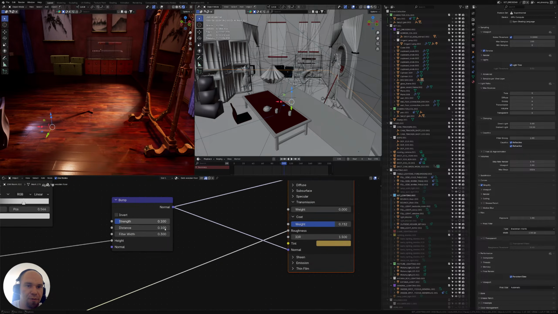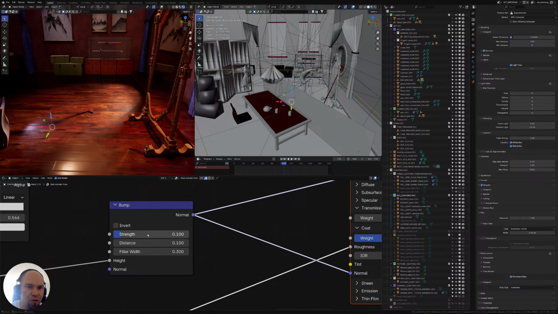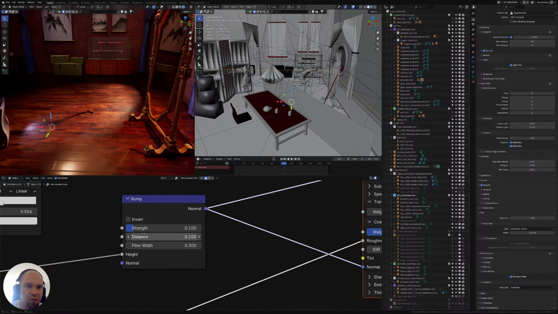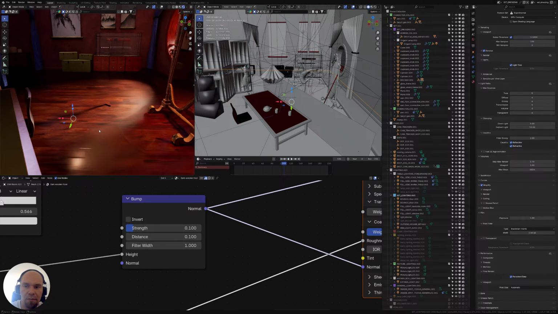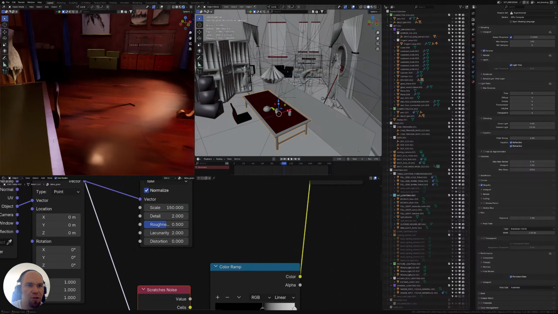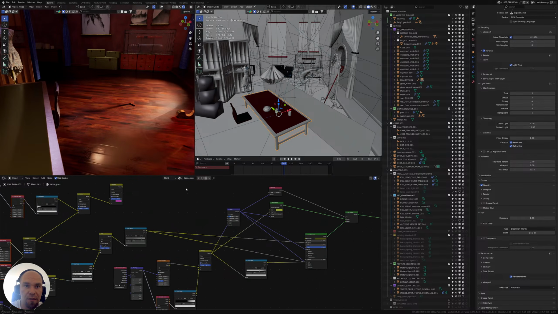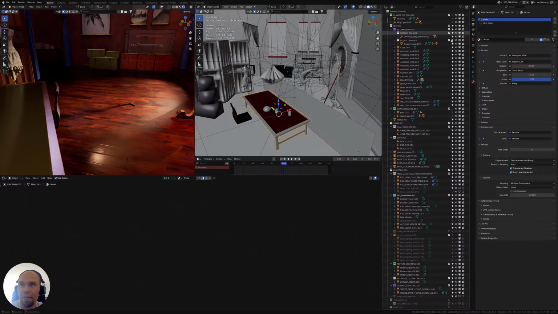There was some issues with the bump, because now the bump inside this new version of Blender is using strength, distance, and filter width, which supposedly is set to 1 by default, but I've seen in one video that the person was explaining that it's actually creating unwanted results, and so that you should set it to like 0.3 and then tweak the distance and strength depending on your needs. So I did that, and I left it at these settings,